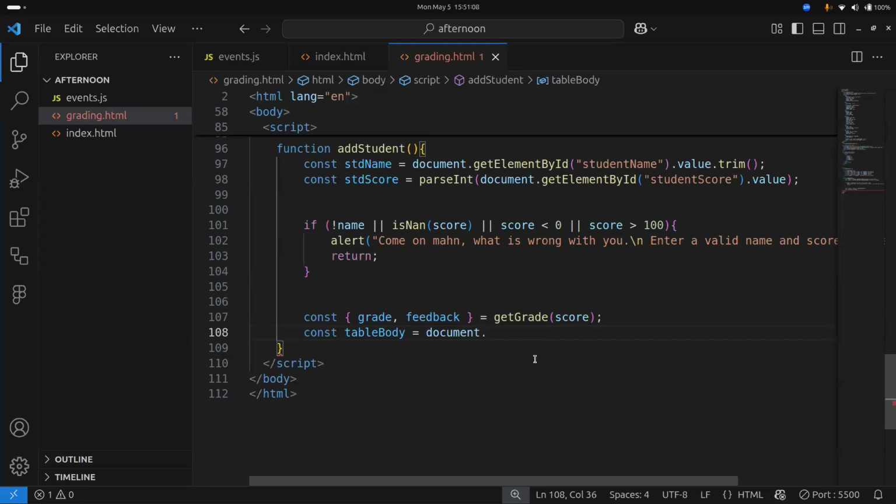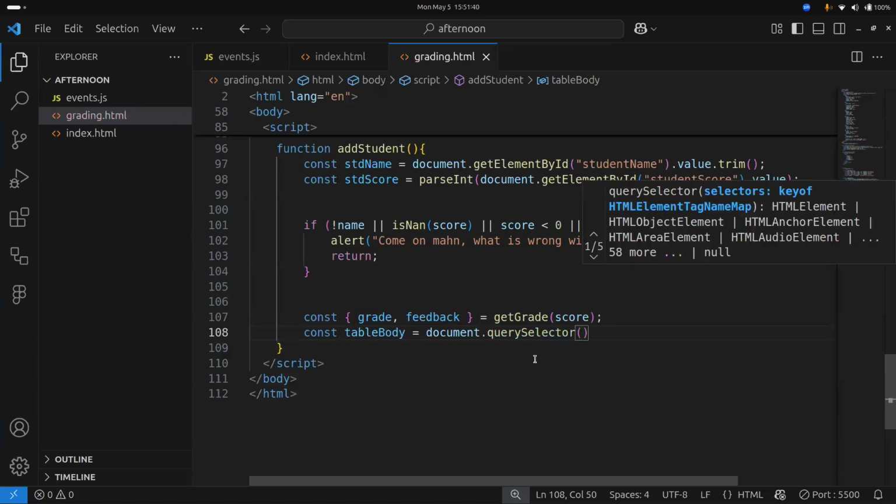Or if it is too much to ask, I can say, let us use get element by ID, but I want to combine two things at a go. So if I want to combine two things at a go, I just want to use something that is going to sum it all up. So query selector doesn't specify if it's an ID, if it is a class, if it's a tag name, it doesn't specify. So it picks all of it. So query selector, I'm not using it for the reason that you are assuming, but